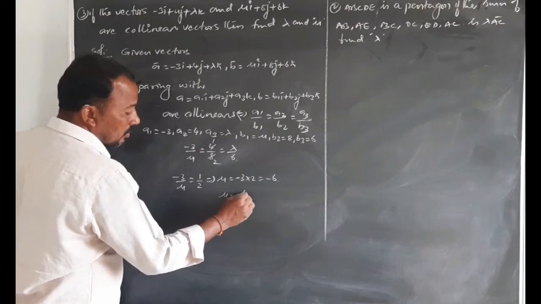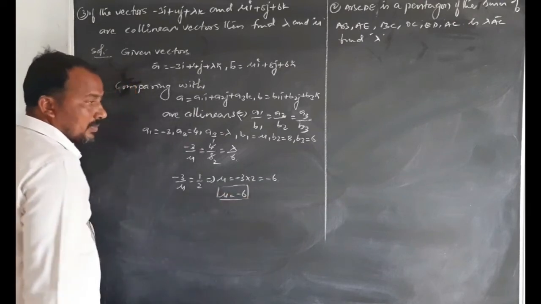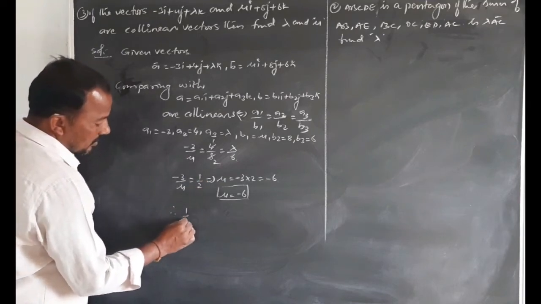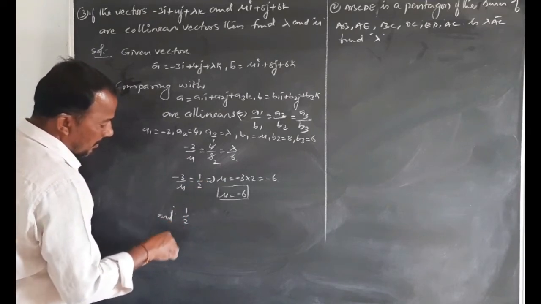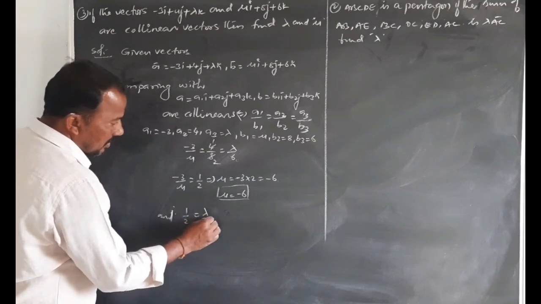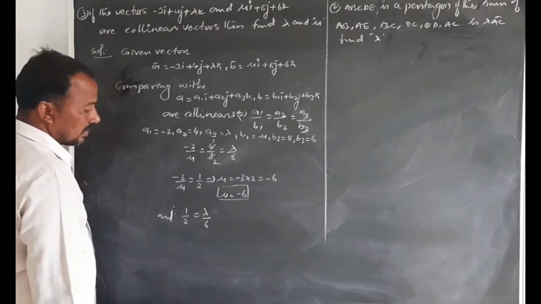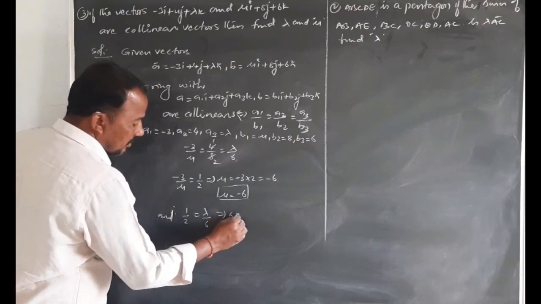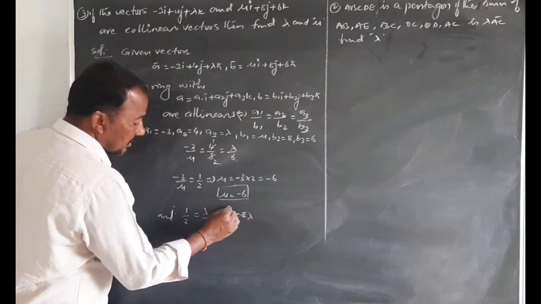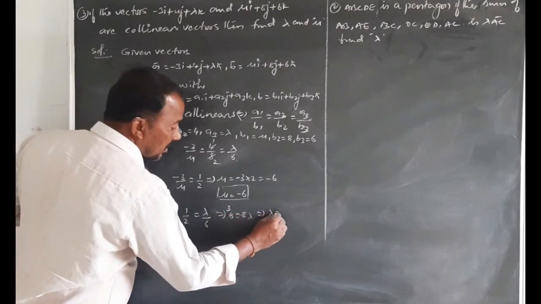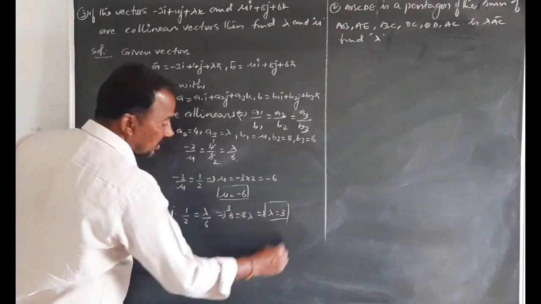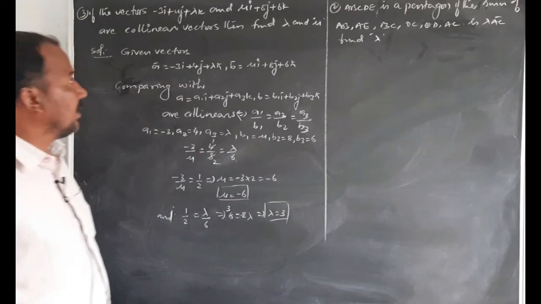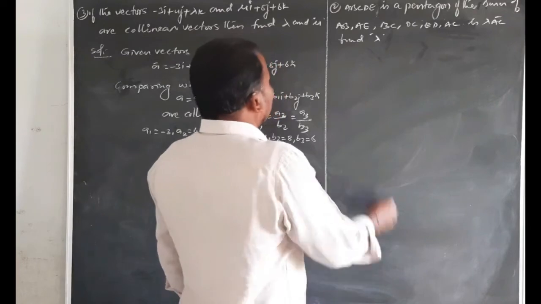Mu equals minus 6. And 1 by 2 equals lambda by 6. Cross multiplication: 6 equals 2 lambda, so lambda equals 3. Most important 2 marks problems, collinear. Okay, right. Next,